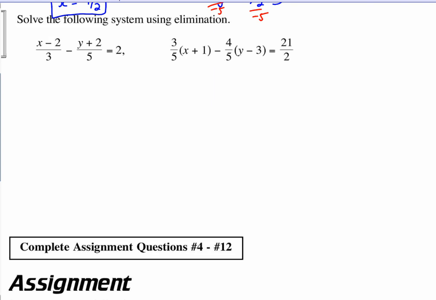Don't be afraid of fractions, guys. Are you, though? Okay, but